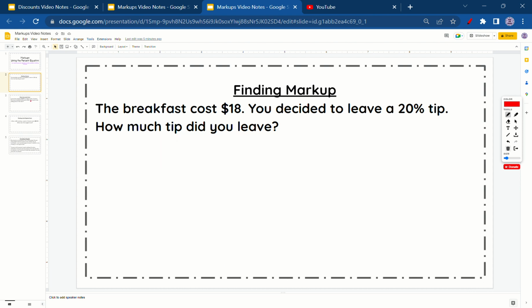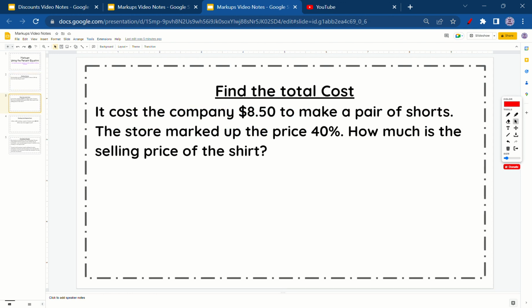All right, on to the next question here. Our next question says, find the total cost. It cost the company $8.50 to make a pair of shorts. The store marked up the price 40%. How much is the selling price of this shirt? So this is something that lots of stores do. It costs them a very cheap price to make a shirt, and then they upsell it. They upcharge the consumers because they know they're going to buy it, if it has their brand name or